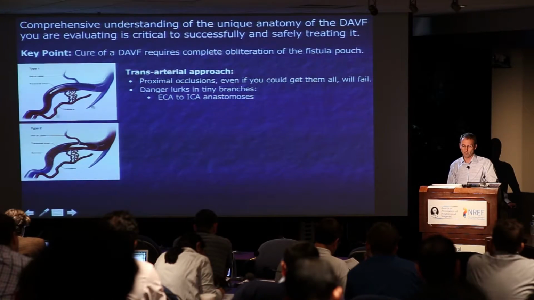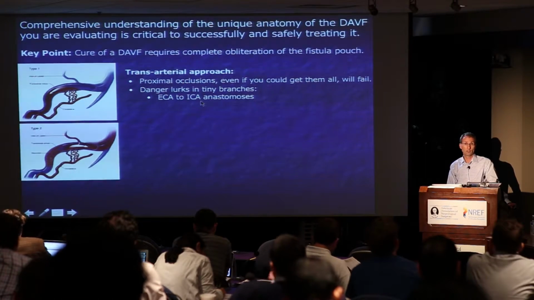And we have to always remember that there are a lot of dangerous external to internal anastomoses. The occipital, as everyone knows, has a suboccipital connection to the vertebral artery. There are connections to the meningohypophyseal trunk and inferolateral trunks of the cavernous carotid, external branches, ophthalmic, etc. We have to be aware of those so that our embolic materials are not going places we don't want to